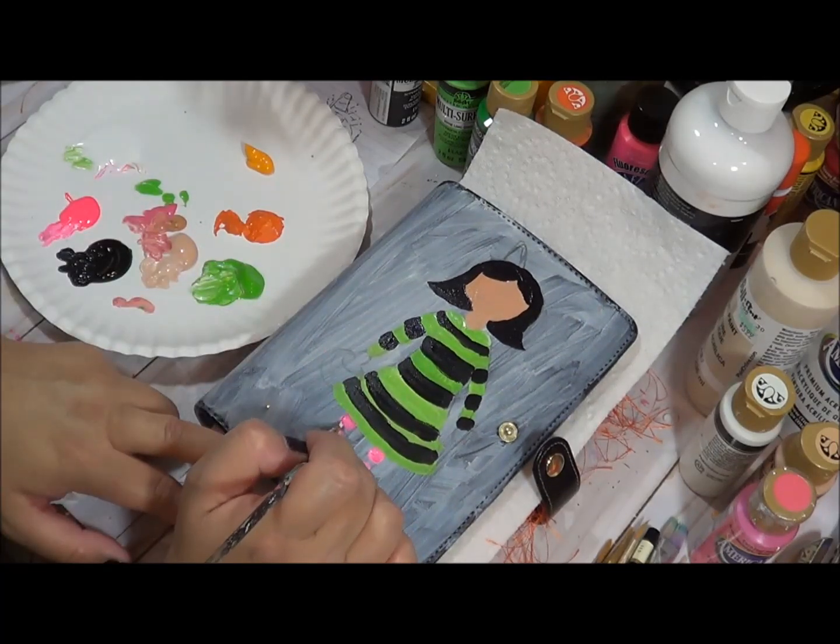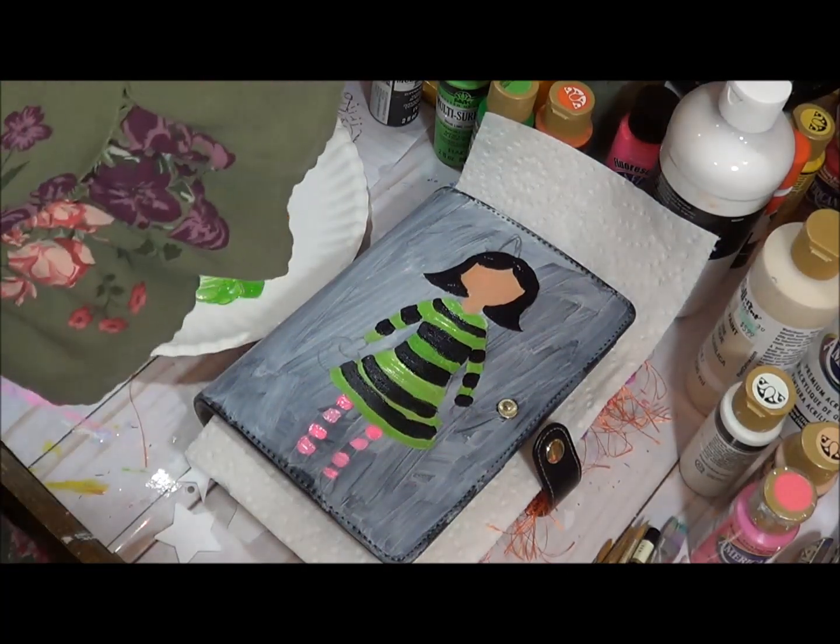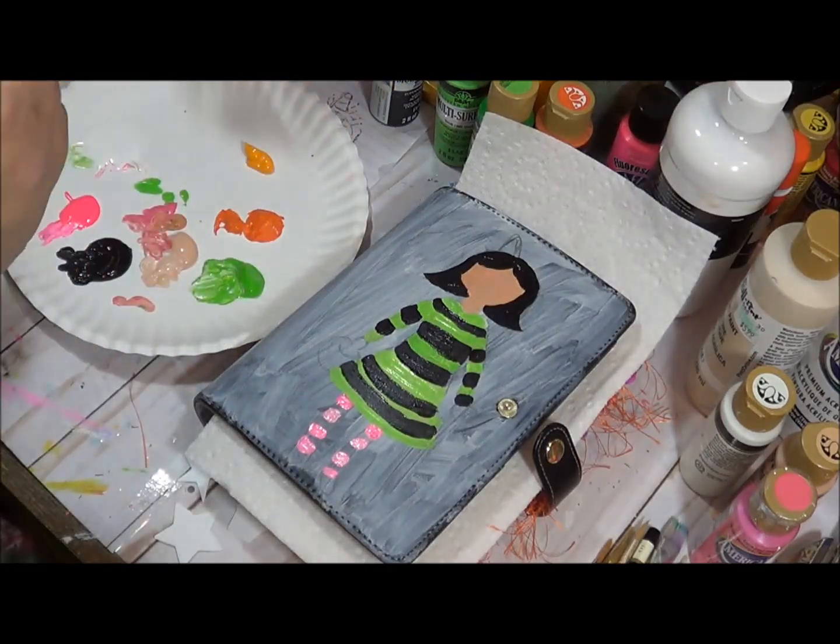Sometimes I'll pick up a lot of the craft paint when it's on clearance. I mean, not clearance, but they do their 30% off. And they were out. Now,